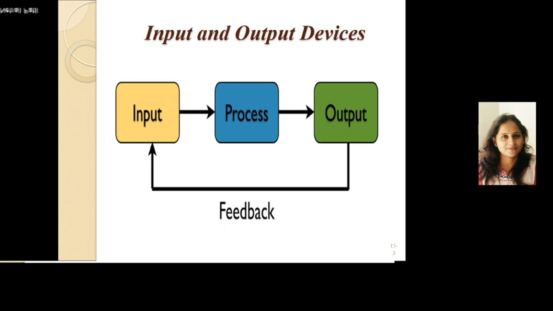The terms input and output are used as verbs to describe the process of entering or displaying the data, and as nouns referring to the data itself entered into or displayed by the computer. Any information or data that is entered or sent to the computer to be processed is considered input, and anything that is displayed from the computer is output. Input devices allow us to enter raw data into a computer, and the computer processes the data and then produces outputs that we can understand using an output device.